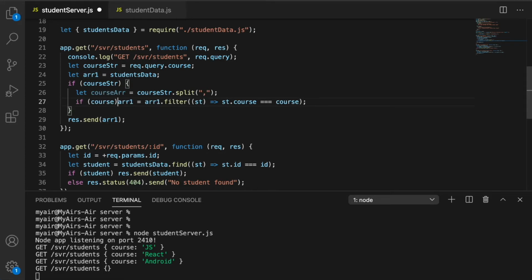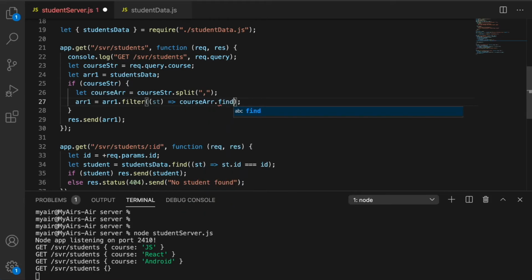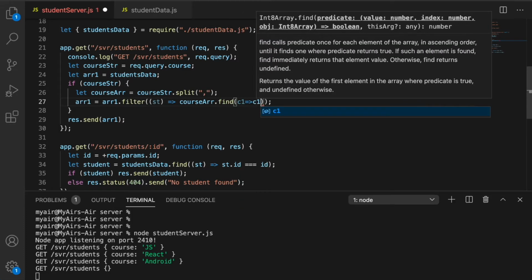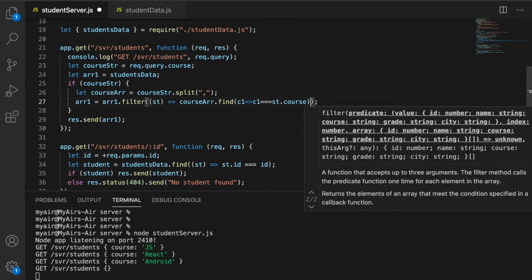Now once we have gotten the course array, we need to run a filter. How should we filter it now? There could be multiple values. So we should say st such that course array dot find c1 such that c1 is equal to st dot course.